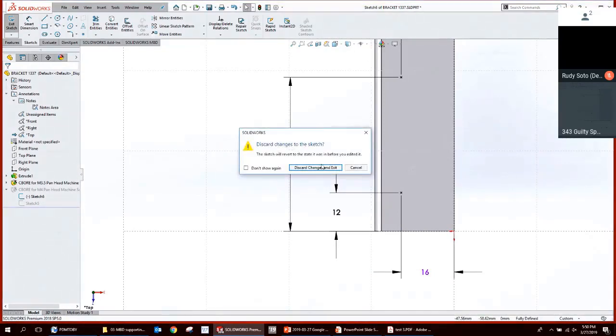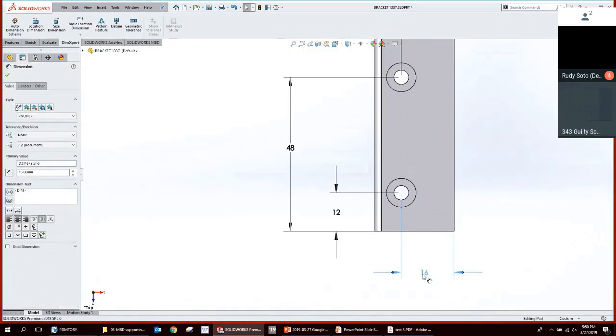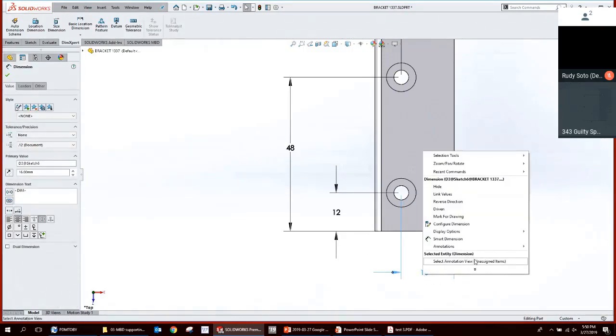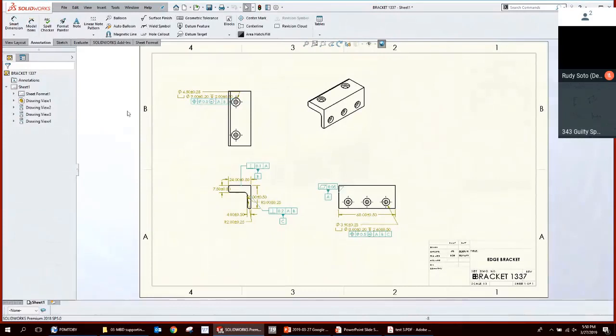I would say either do the mark for drawing, or like I said, the other way you could do it would be to move it to the unassigned items view, and that way it'll hide when you hide this view. I hate to keep beating on this, but when you're in the drawing, is there a way to show design annotations rather than import them? Yeah. You use what's called import model items.